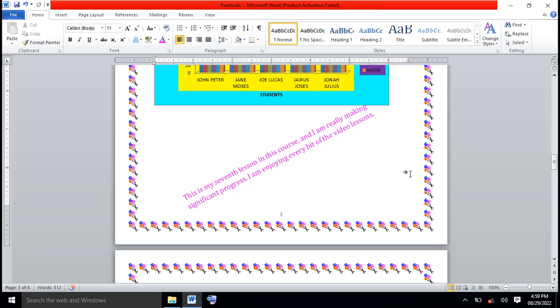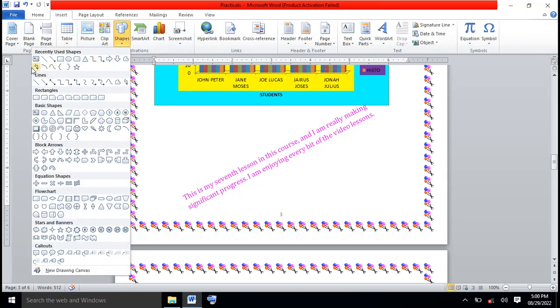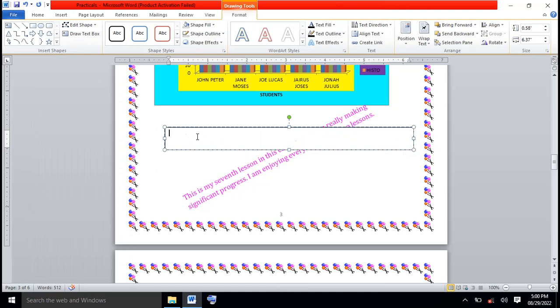Now let me show you one more thing. Let's create another text box. We go to insert, shapes, pick a text box here. Let's draw another text box here, and then let's type: adjust and how to work with text boxes. Okay,